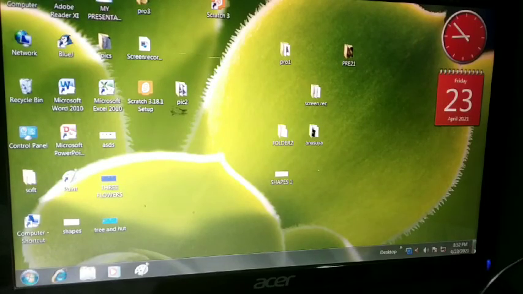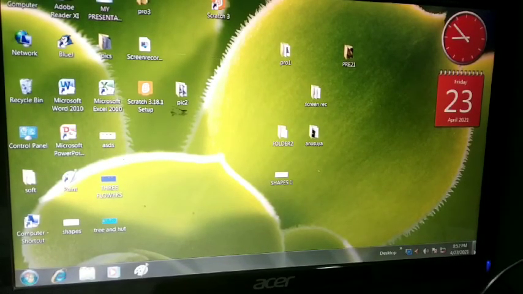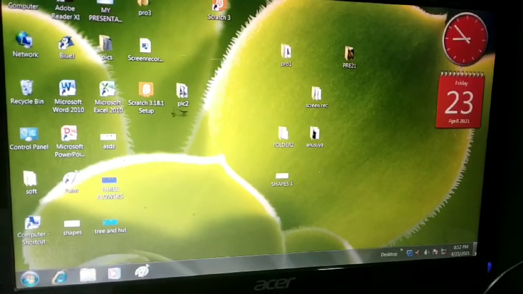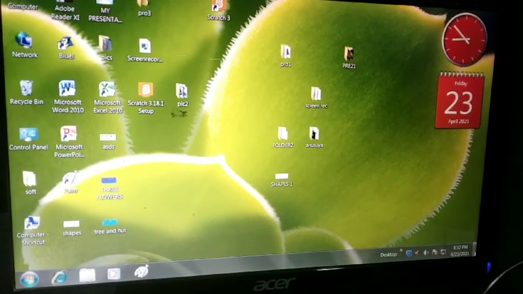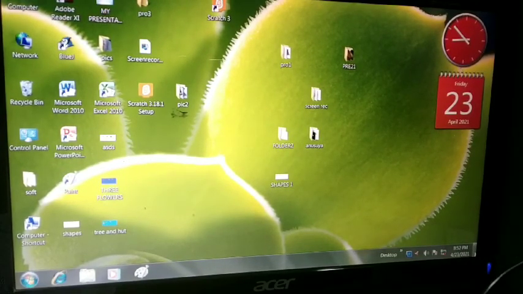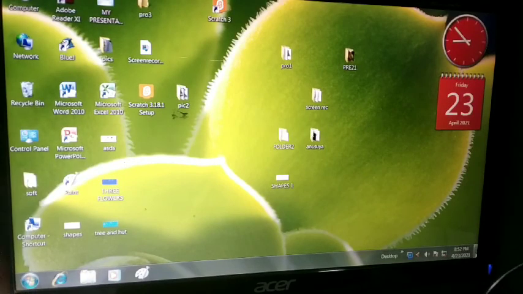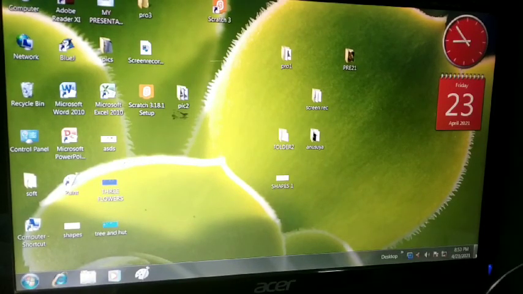The default wallpaper is the Windows screen. If you do not select any background, the default one which the operating system provides is the Windows logo, which is given in your book at page number 15.